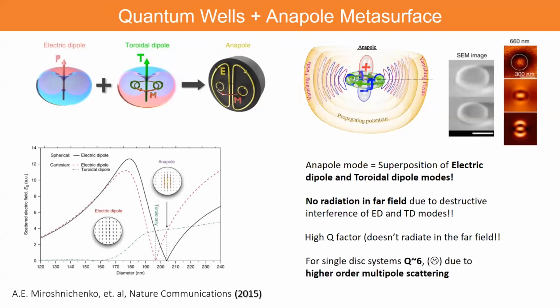But for single disk systems, there is also higher order multipole scattering, which limits the quality factor overall, which is pretty low. A quality factor in single digits is very low, and it cannot be used for a nanophotonic device,